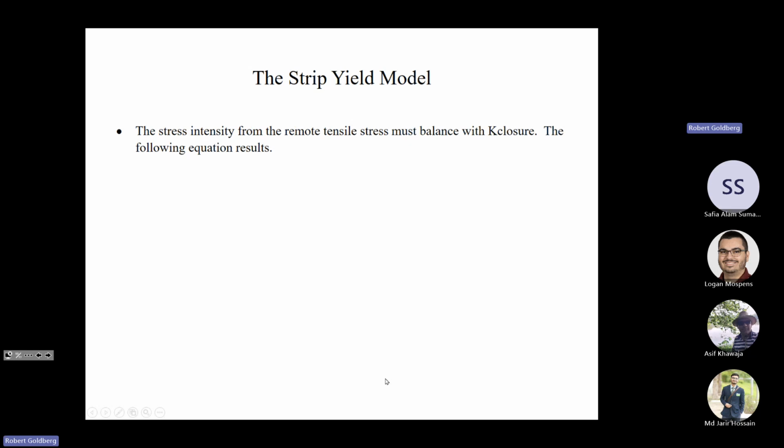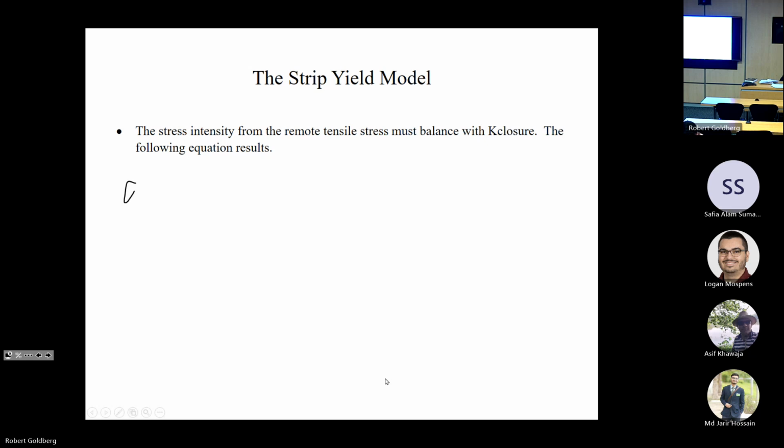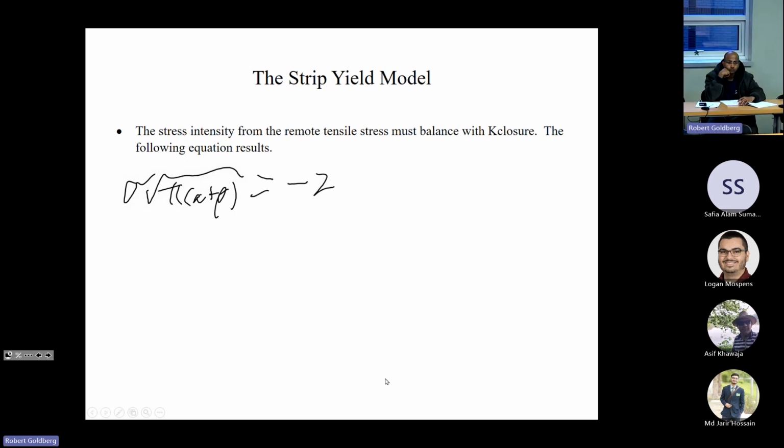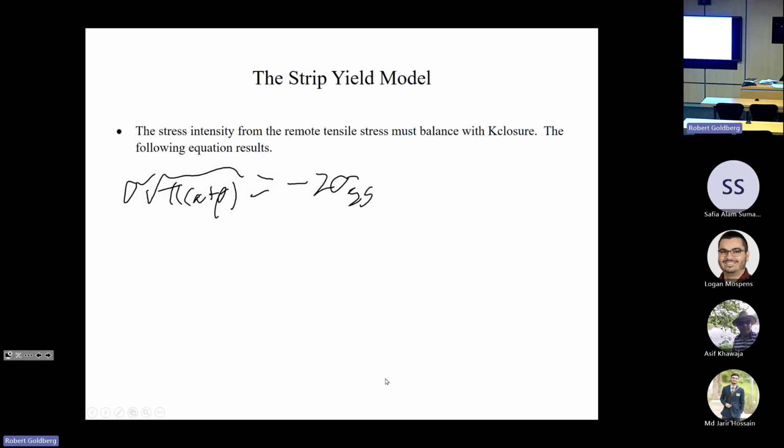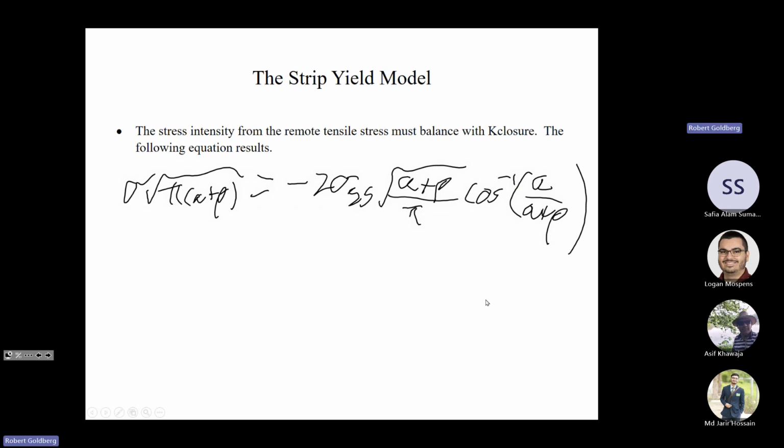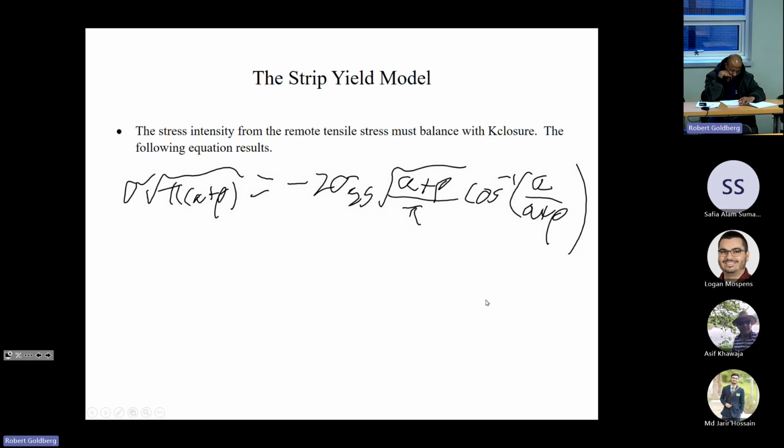So what we say is that sigma times the square root of pi (a plus rho) is equal to -2 times the yield stress times the square root of (a plus rho) over pi times the inverse cosine of a over a plus rho. Not going to go through the details of the algebra, but what you do is